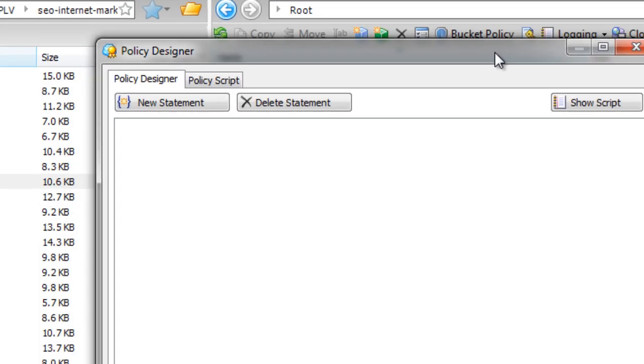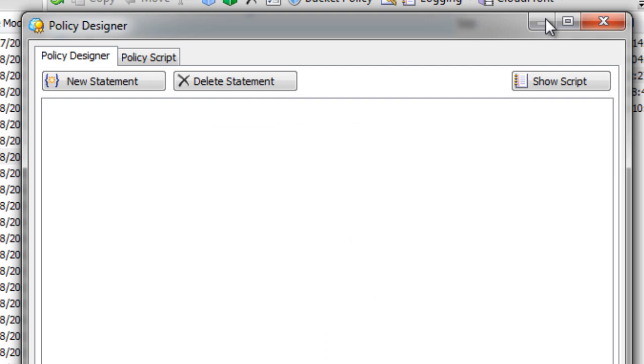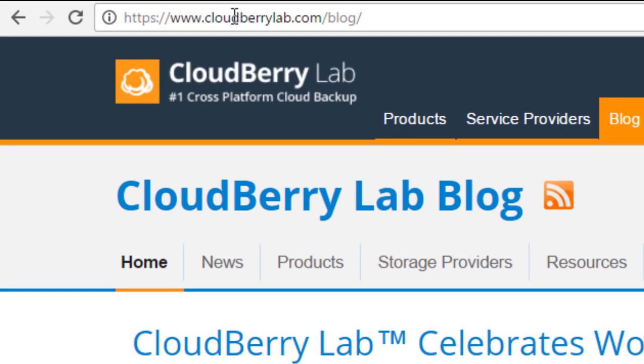Now, this is going to kind of look like code and it's going to look complex and overwhelming. And that's a fact. It is true. But since most of you are newbies, I'm going to show you how to create a bucket policy by getting a swipe file from Cloudberry. Now, in this case, I'm going to go back to Cloudberry. So I recommend that you go to